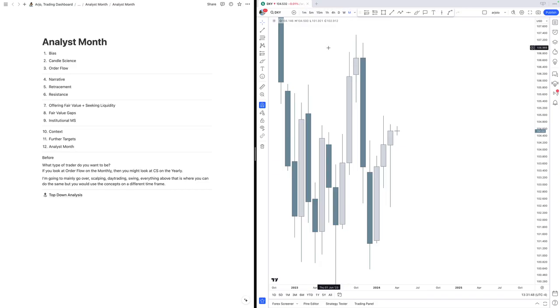If you are going to be a longer term trader, which for example, I like to do on stocks, then you can as well incorporate the yearly. That's the only time frame that I would add into that list. Then I am mainly going to go over scalping, which is a little bit debatable because we have two types